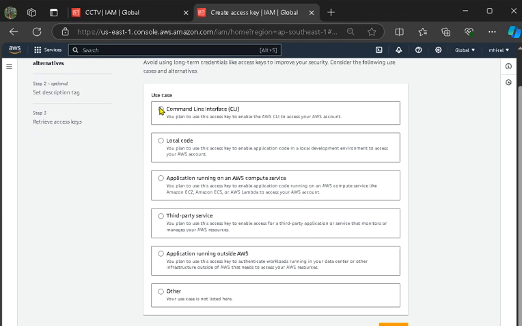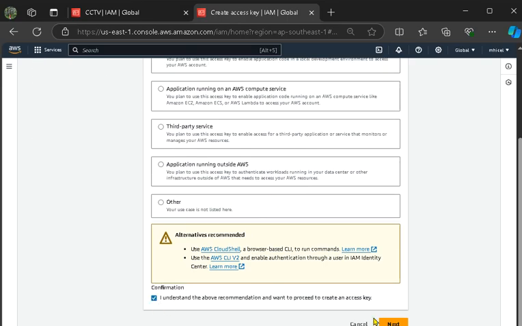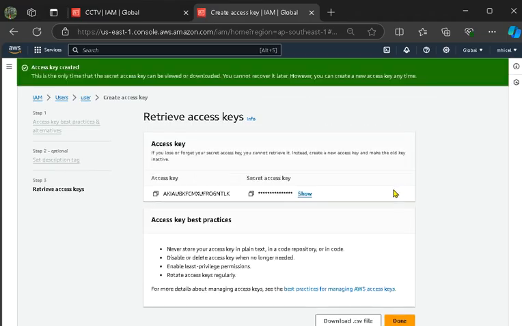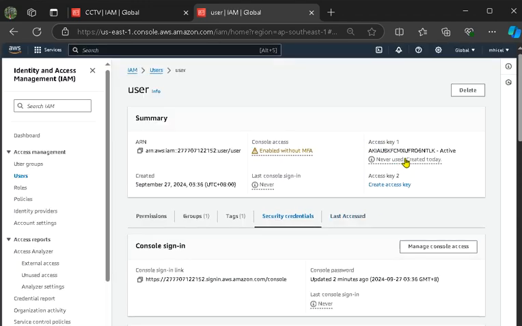Here you can add the CLI, click that, then add a description or name it as you want, just create it, and it will be successfully created, as you can see here.